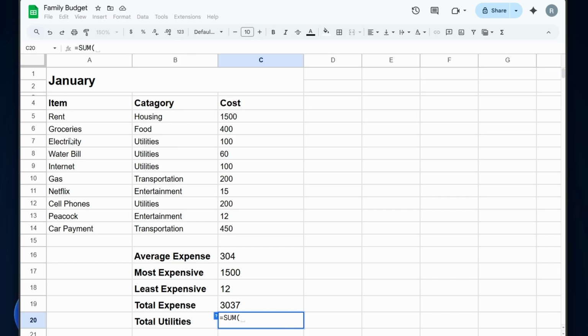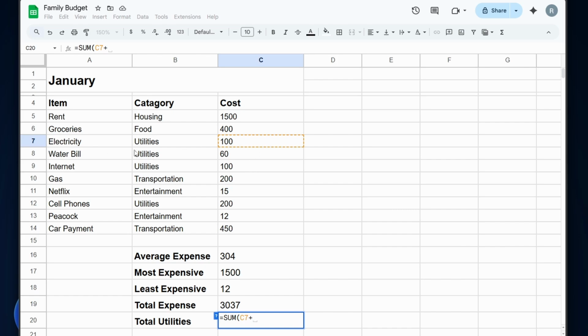We can go for electricity, which is C7. Okay, so now in the past, we would hold down the Shift button and then click other cells, but we need to do it a little differently this time. So what we're going to do is we're going to add the plus symbol to our formula. C7 plus,